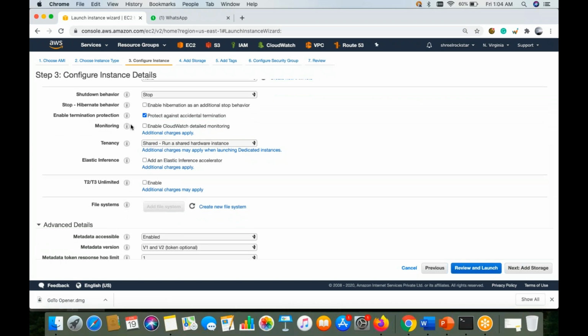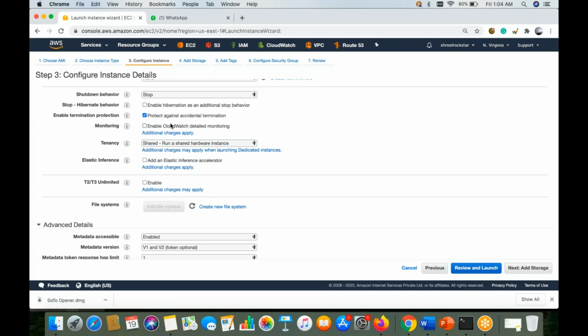Monitoring is something, guys, where CloudWatch by default gives the monitoring free of cost. You don't have to do anything. But many times when we are dealing with production customers, they ask us to provide data in seconds for your CPU, your hard drive, and your application logs as well.